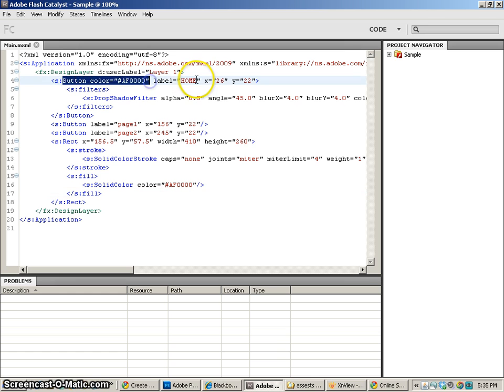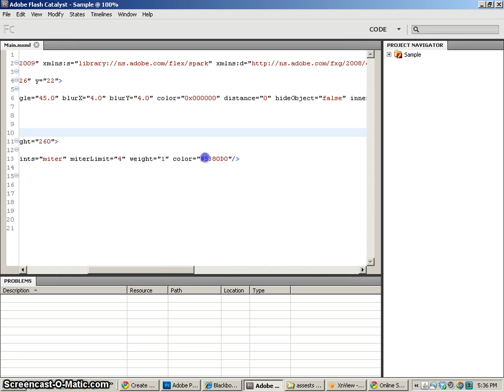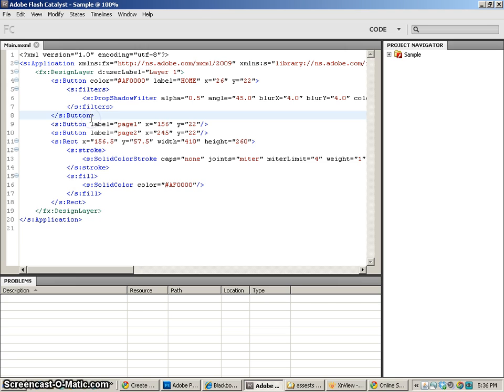We've got a button here, the label is home. We've got another button with a label called page 1, another button with a label called page 2. And we've got items here. Here's the item that we created, which is a solid, and it's even got which color I have that solid. So this is an XML version of Flash ActionScript 3.0. It's basically shorthand ActionScript in an XML version, and we're creating all these files here on the